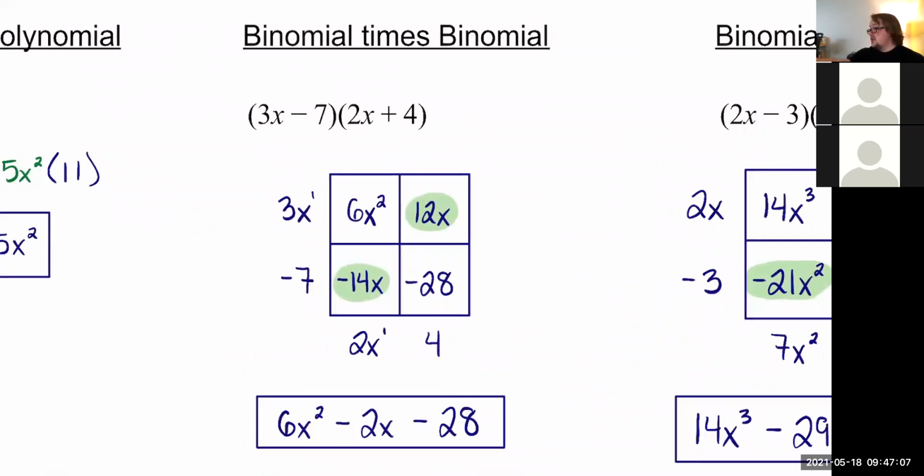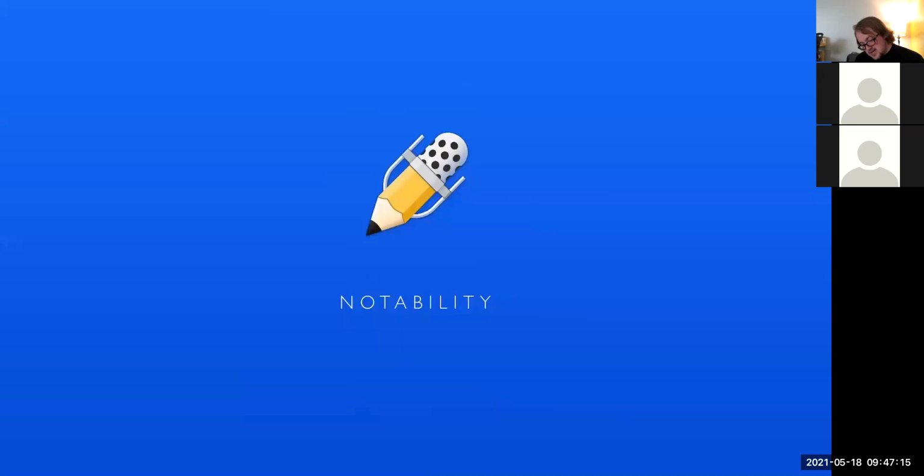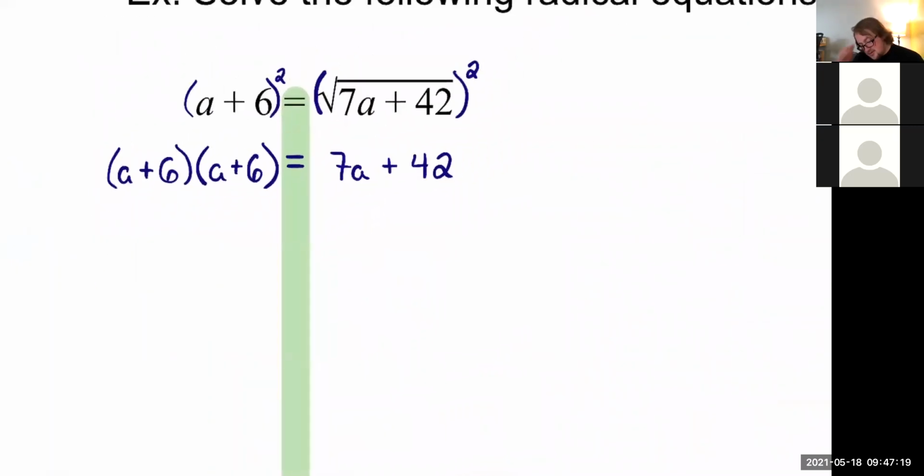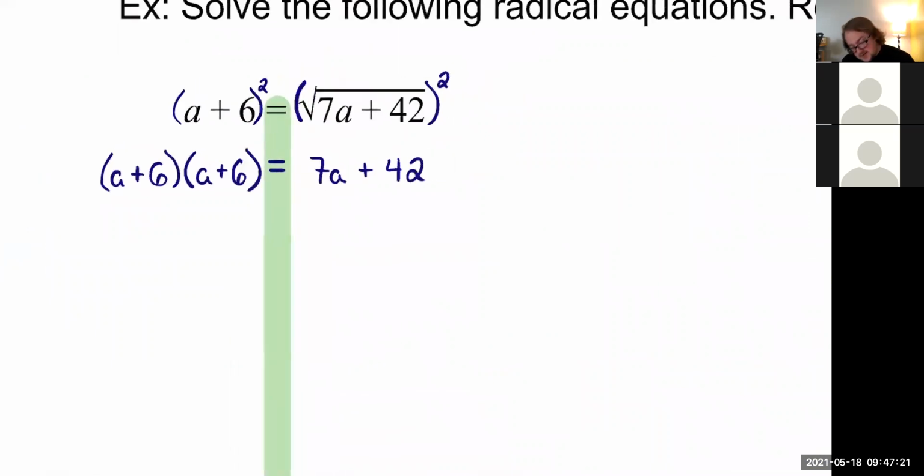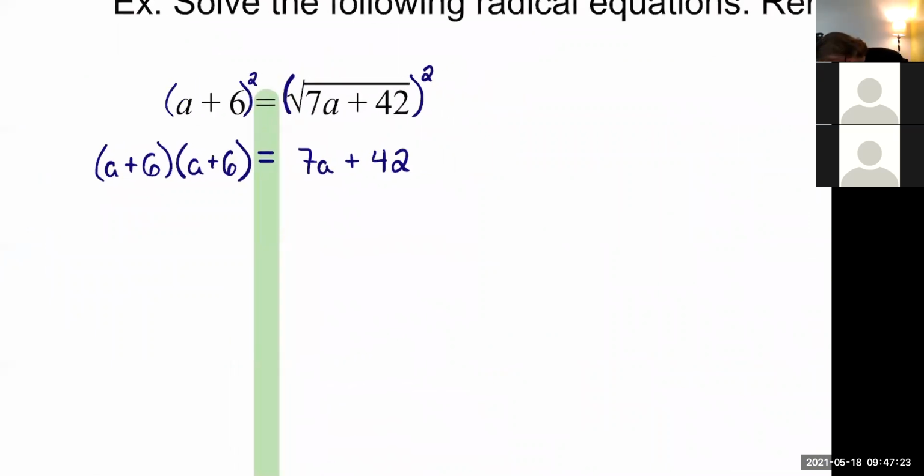This is where we'll either use FOIL, if you've learned that in the past, or you can set up a box like I introduced. So it's not enough just to multiply the first and last term. You actually have to show that entire multiplication. So off to the side here,